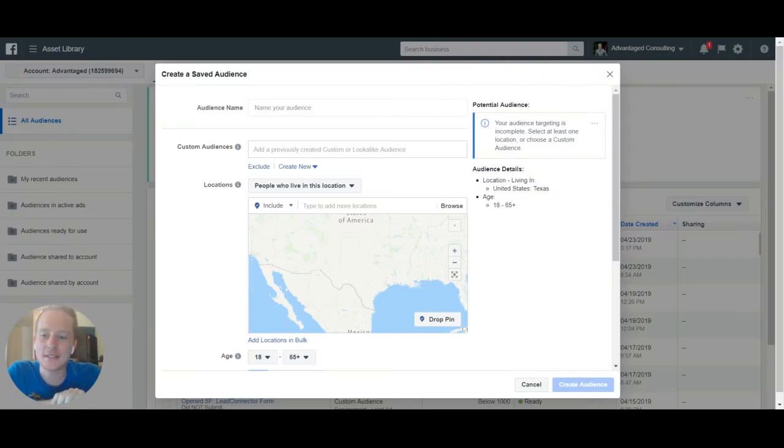Okay, I am inside my audience manager within Facebook Ads Manager, and I want to show you what I would do to target an audience that may need a personal injury lawyer. This is what you would do if you don't have any in-market data targeting, or you don't have a large enough past client list to create what's called a lookalike audience as well.